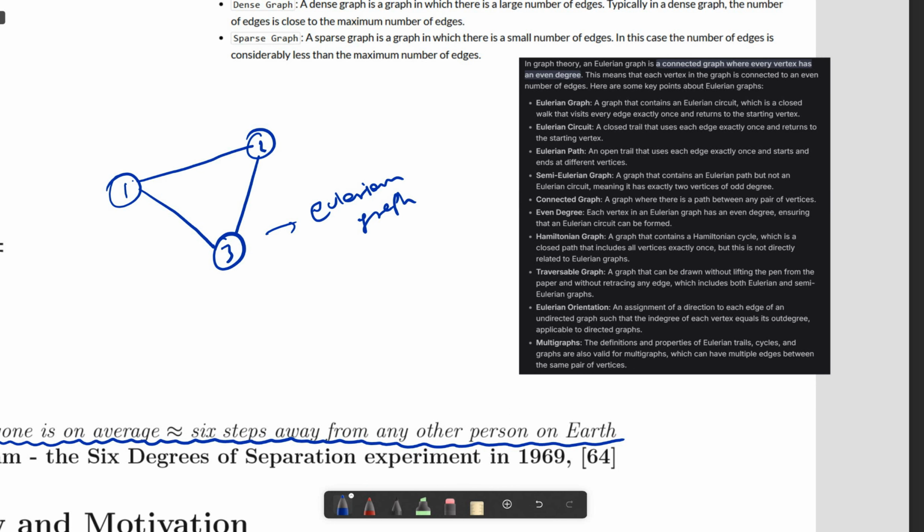Okay, but not an Eulerian path. The path is like this, but as we start and end at the same place, this will not be an Eulerian path. Okay,